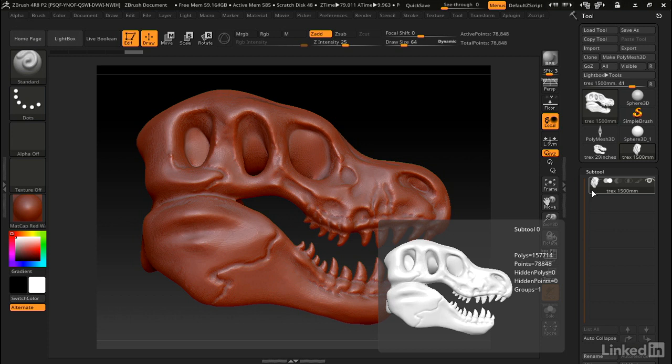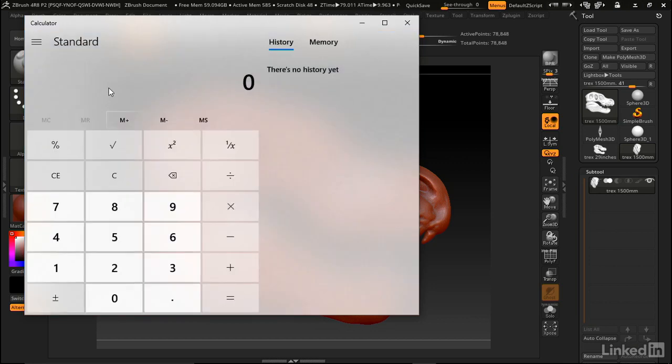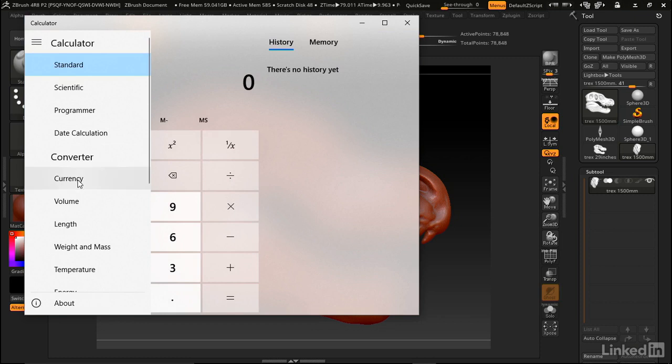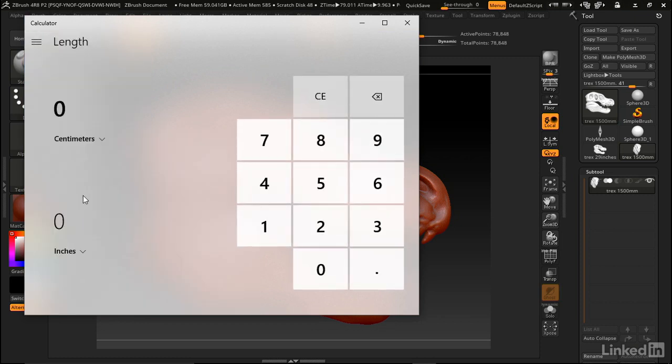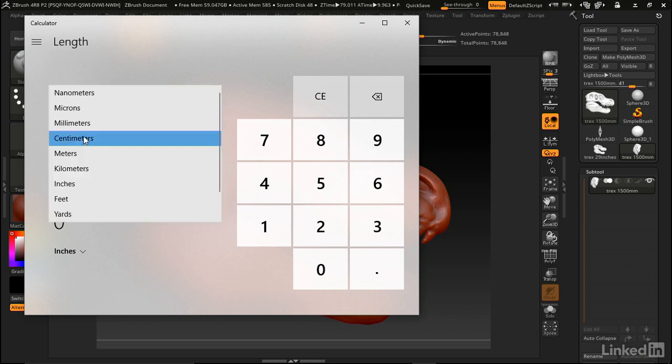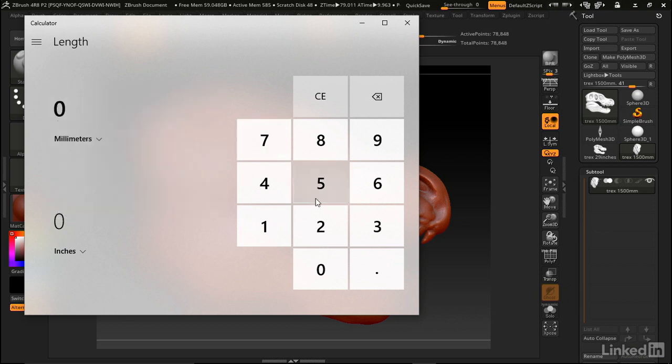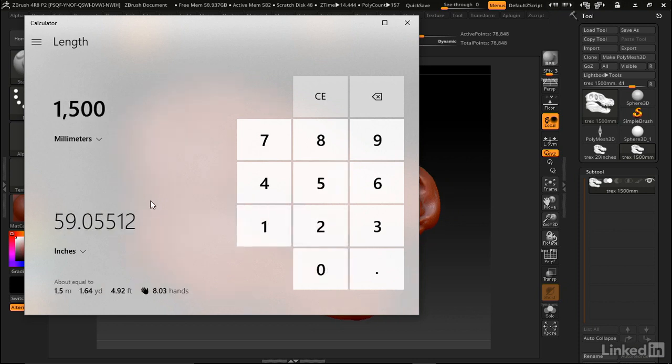So the other solution that we're going to use is to just convert the unit of measurement from millimeters to inches. So I'm just going to open up my calculator here, and let's set it to converter with length. If you don't have the Windows calculator, and if your calculator doesn't have a unit converter in it, you can use Google. Just type in convert whatever unit and measurement you want to whatever other unit and measurement you want, and it'll convert it for you in Google. So let's set this to millimeters, and I'm just going to type in 1,500, and inches, it's a little bit over